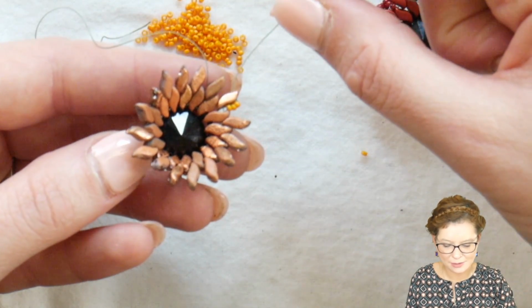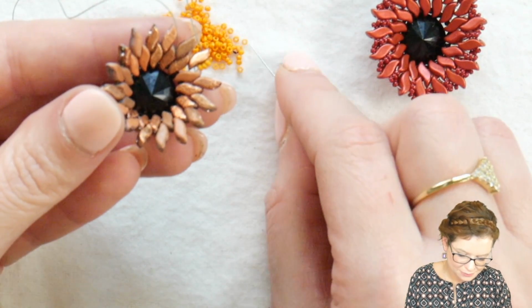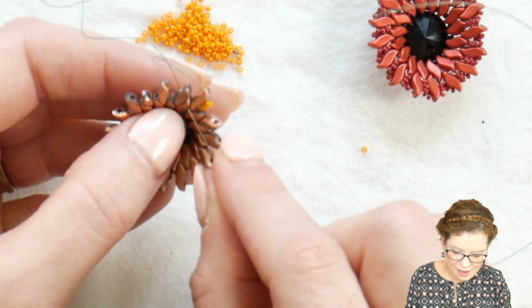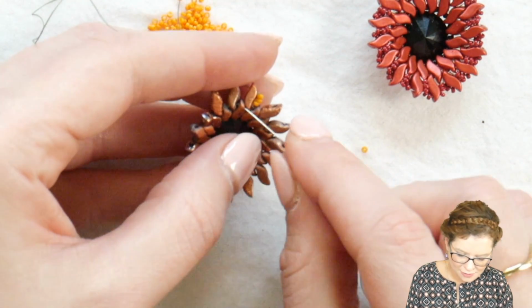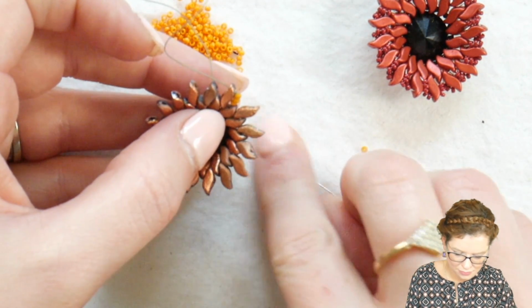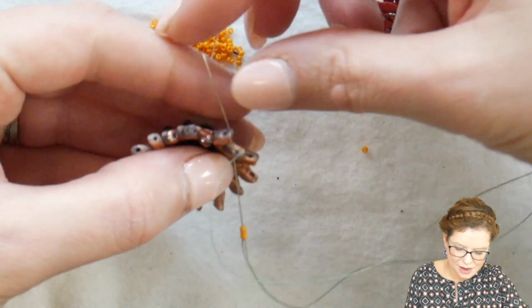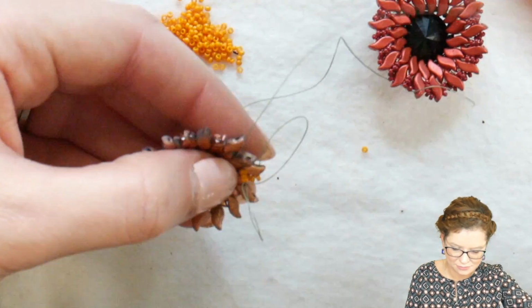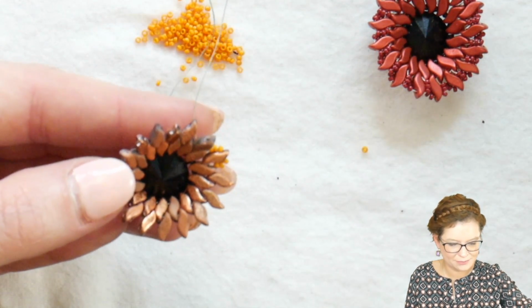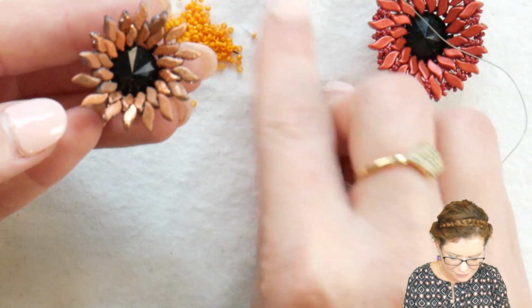So coming out of our top StormDuo, I'm going to add 3 more of my 15s. And I'm going to jump down into that top hole in the first row. And from there, I'm going to add another 3 15s. So we're just kind of adding and working that kind of outline of our StormDuos. So again, adding 3 of our 15s